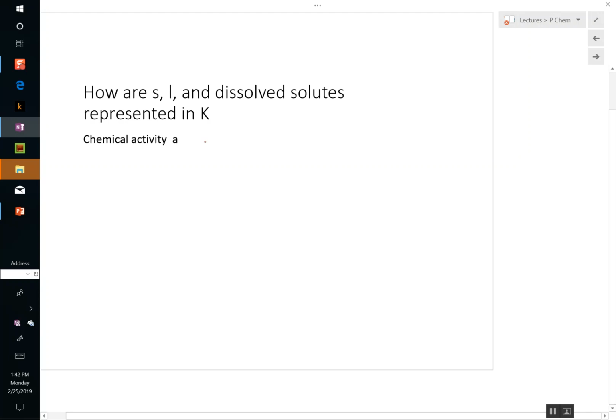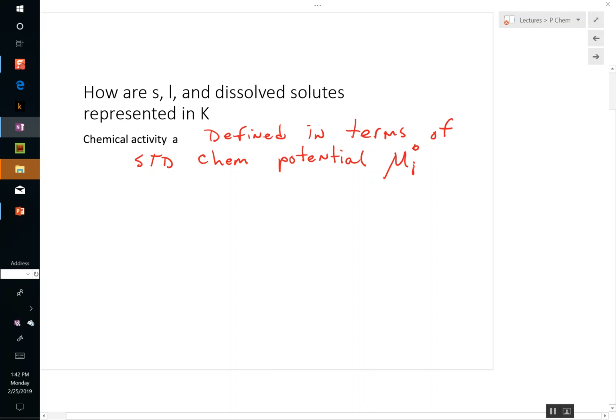So that involves chemical activity, this term A. And it's defined in terms of standard chemical potential. The standard chemical potential, so that's going to have a naught on it. Mu sub I naught,